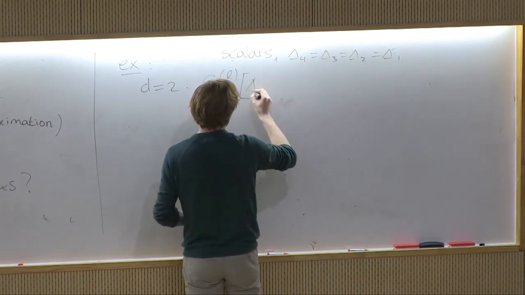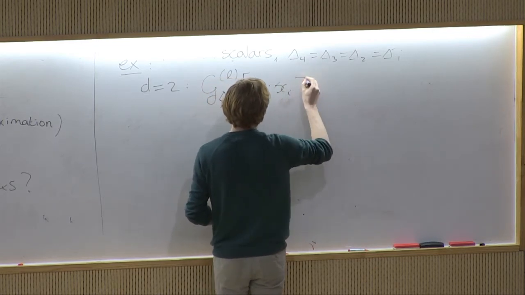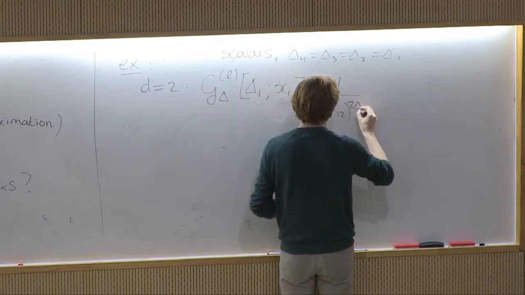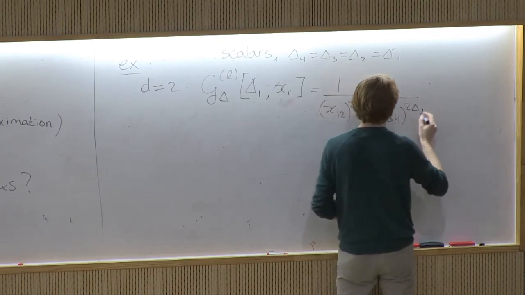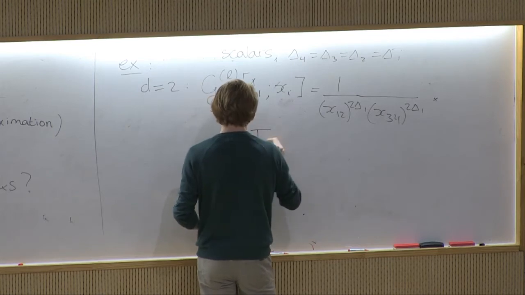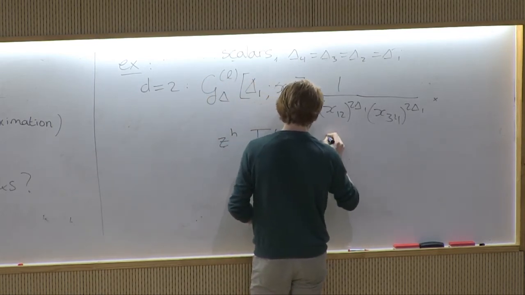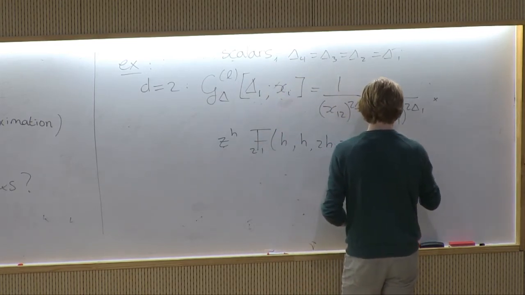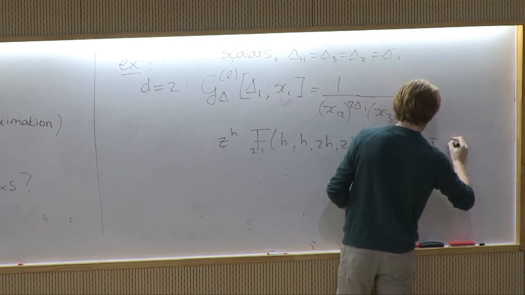Then the blocks as a function of delta 1 and xi look like x12 to the 2 delta 1, x34 to the 2 delta 1, and then some function: z to the h times 2F1 of h, h, 2h, z, times z bar to the h bar times 2F1 of h bar, h bar, 2h bar, z bar,